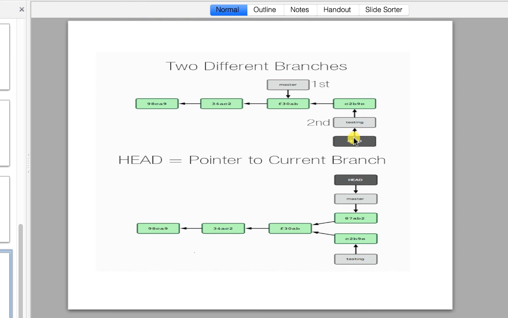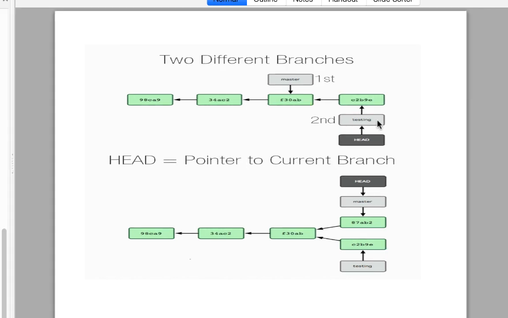there are multiple branches, but on which branch currently we are, how do we know? Because I can be on the master branch, I can be on the testing branch, but at a time I can have a single snapshot of the repository, right? I cannot have master and testing both active at a time.